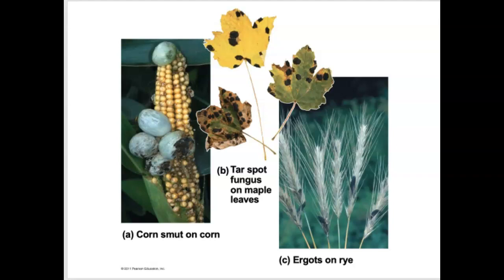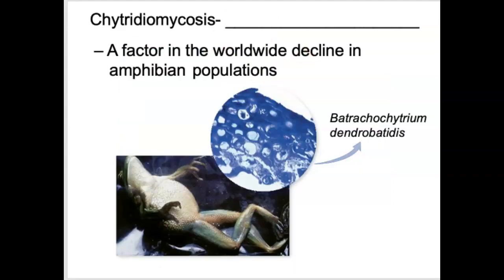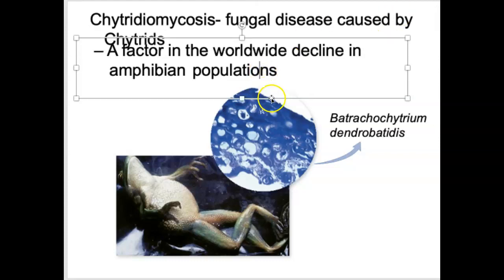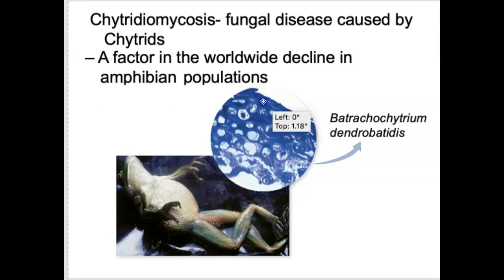So let's circle back to the earlier group, chytridiomycetes, chytridiomycota, or a disease known as chytridiomycosis. So this is a fungal disease caused by the chytrids. As I mentioned in the earlier lecture, it's a major factor in the worldwide decline of amphibians. So what this stuff does is it parasitizes the skin of the frog, and it will actually attack the skin, decompose the skin, but what it does is it causes the skin to harden,